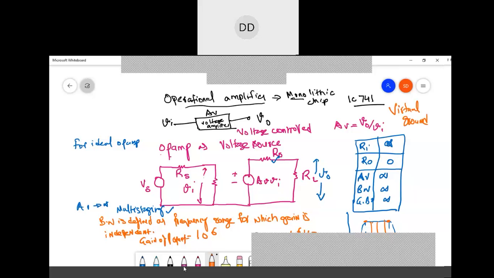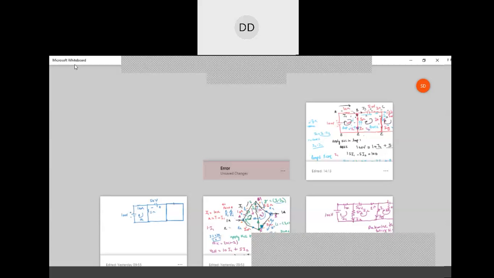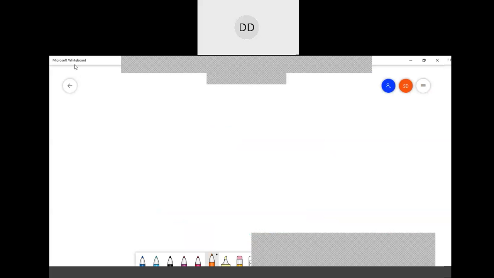So maximum possible bandwidth you get 10^6 hertz, and at that time the gain value is 1. So you have heard about these things, negative feedback, positive feedback. So why do we apply these feedbacks in a network? What is the reason? So basically what happens is that